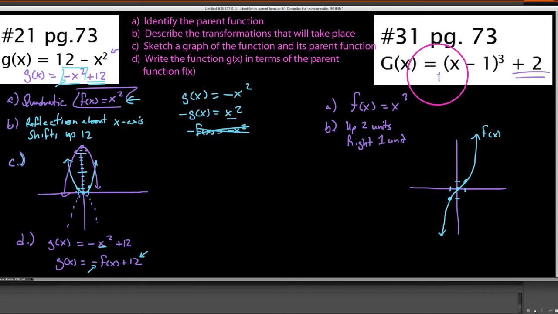I don't see any negatives out in front of this, so I don't see any reflections across the x-axis occurring, and I don't have a negative in front of our x value, so I don't see any reflections occurring in the y-axis. So in terms of sketching this function here, all we're really going to do is take all these original points and say, well, instead of starting at 0, 0, we're going to start right 1, up 2. So if I go right 1 and up 2, this point's going to be here now, and it has the same basic shape as the original graph since I had no reflections or no